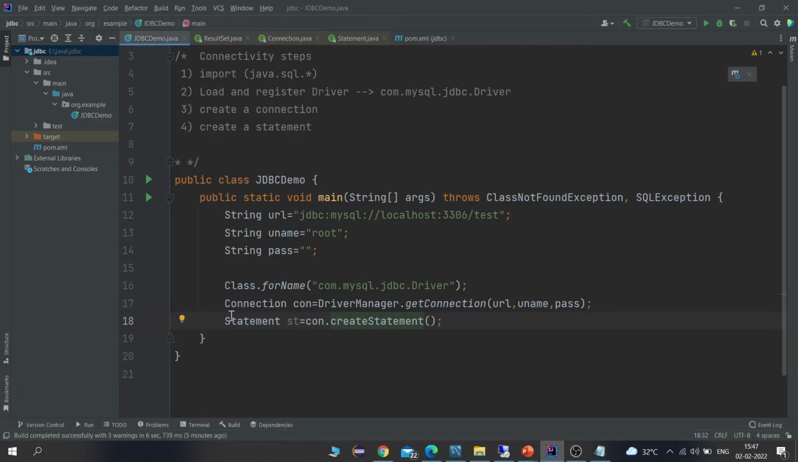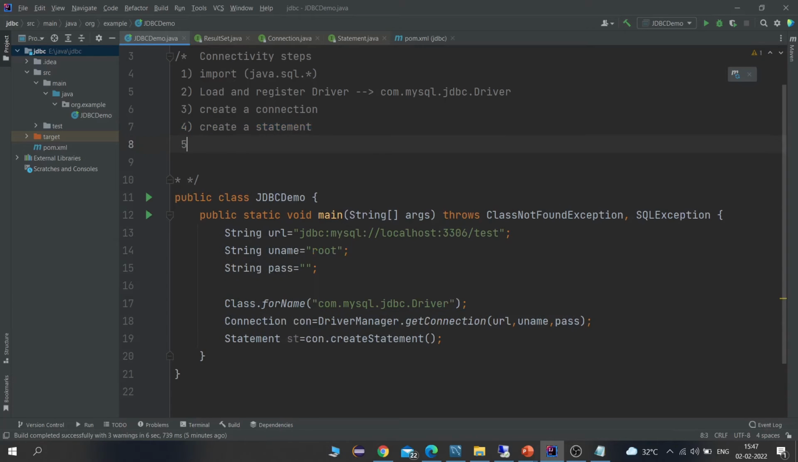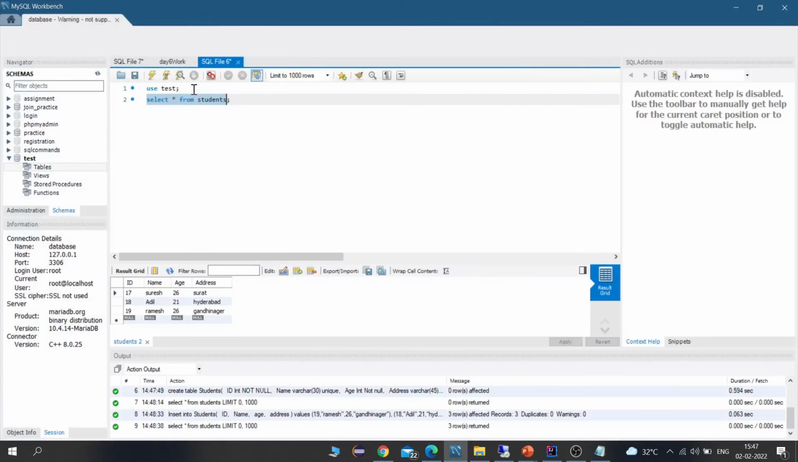So we have successfully created the statement. The fourth step is completed. Now the fifth step is to execute the query. Now we are using this database, and when I execute this query we are getting this output. So I want to use a similar query in my program, so I just need to copy this query, and